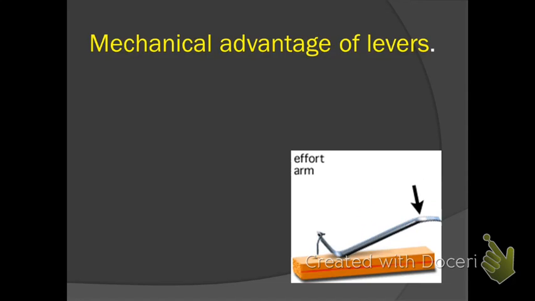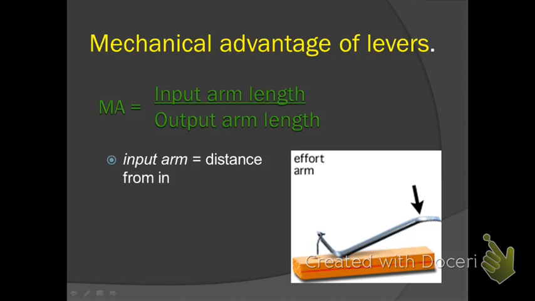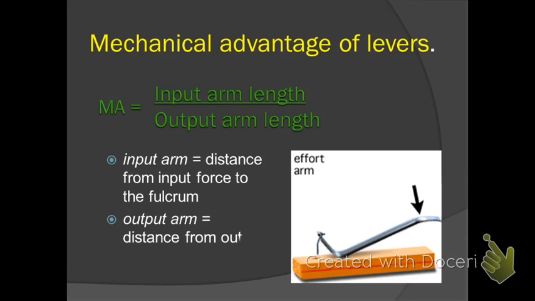Tyler, tell me about the mechanical advantage of levers. Input arm length divided by output arm length. So what is input arm length and output arm length? Keep reading. Input arm equals distance from input force to the fulcrum. And the output arm? Equals distance from output force to the fulcrum. So if we look at this picture of a lever, pictured here,